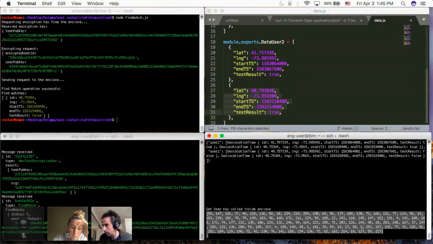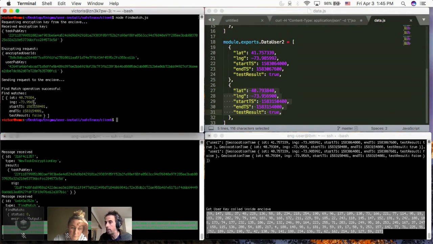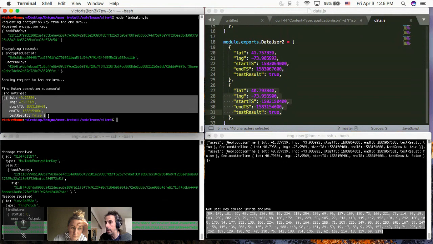So this is the encrypted output, which passes through the JSON RPC server, and this is the same encrypted output in hex string, and only the client is able to decrypt and get the match for his or her points that match someone else's who tested positive.